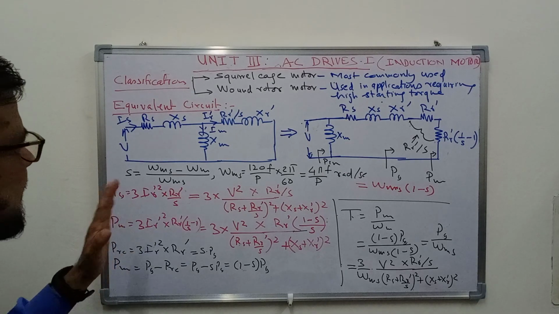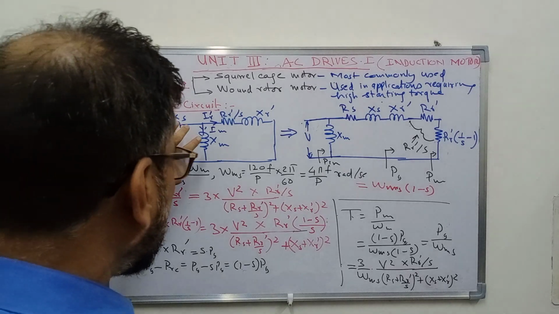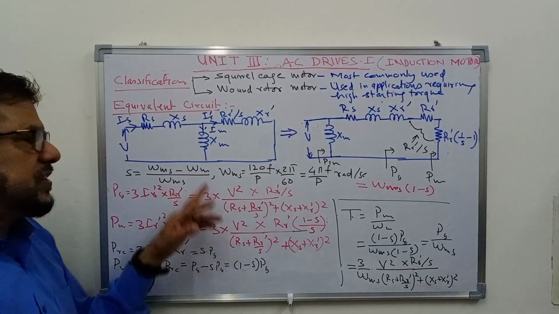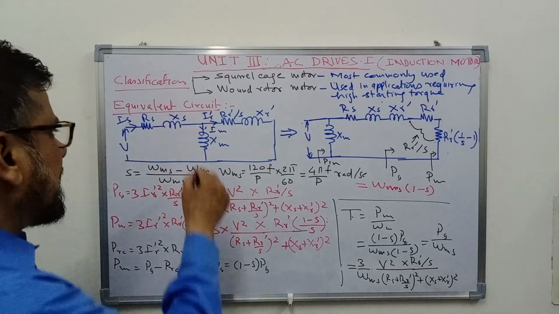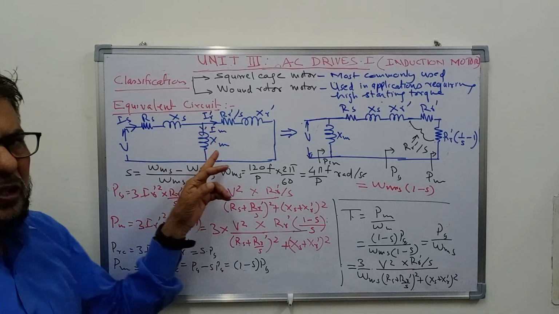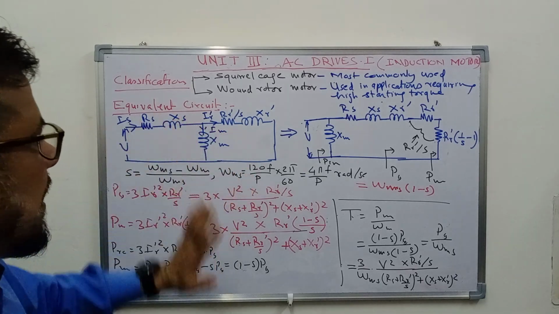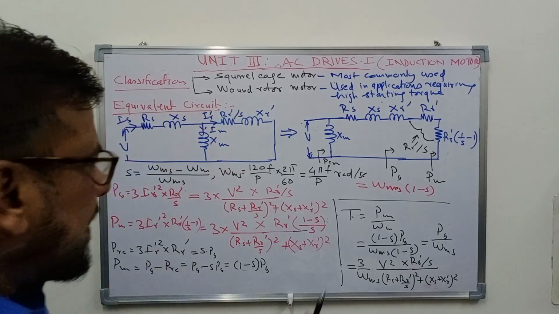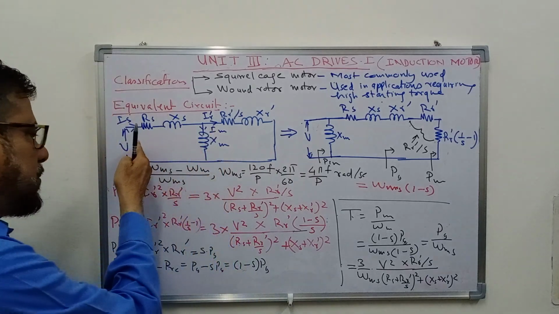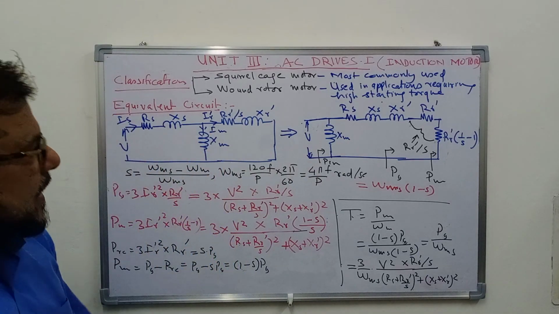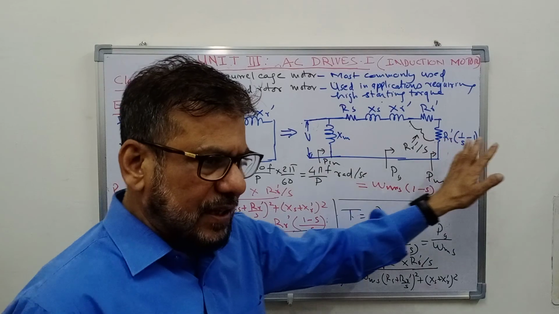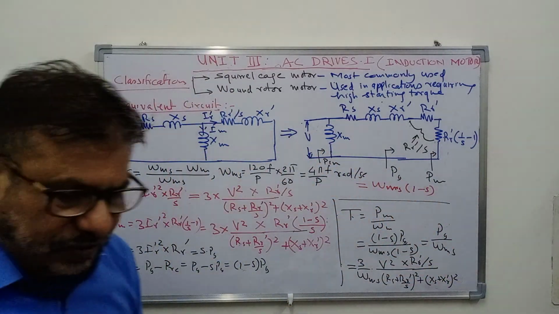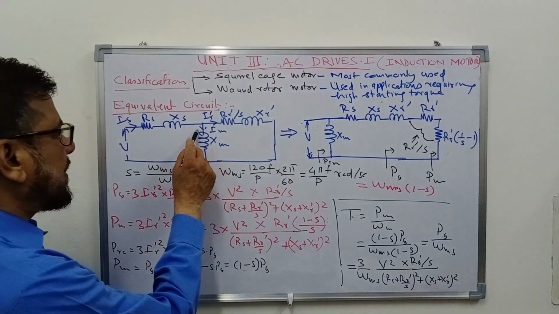Now this is the exact equivalent circuit, and here I will note the core loss resistance, whose current is very small as compared to magnetizing current, so that can be ignored. Now this is the exact circuit, and if we shift the shunt branch to the input terminals, the circuit becomes like this. So this is the approximate equivalent circuit. The difference between the two you can see here.